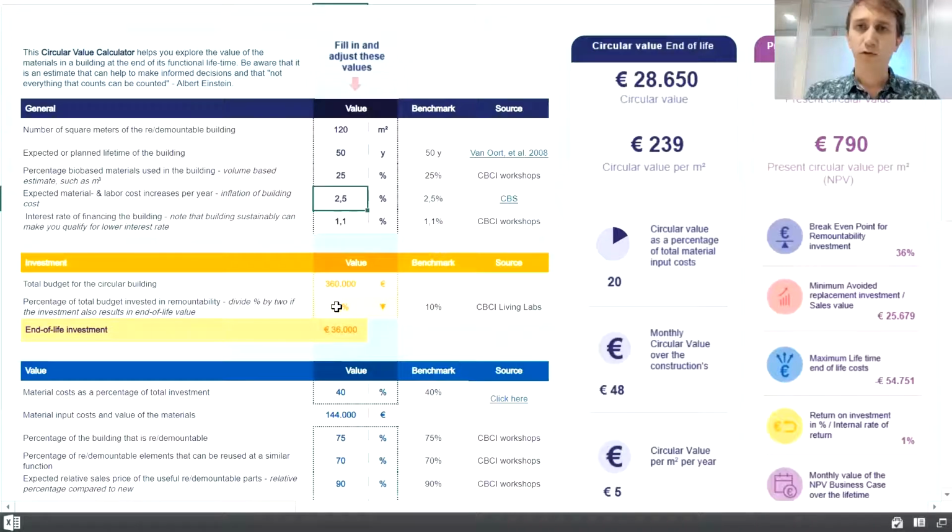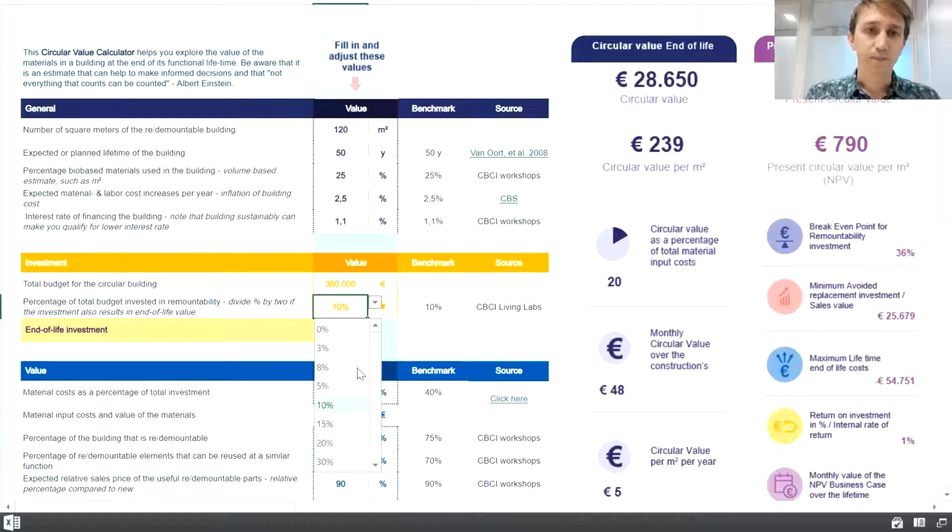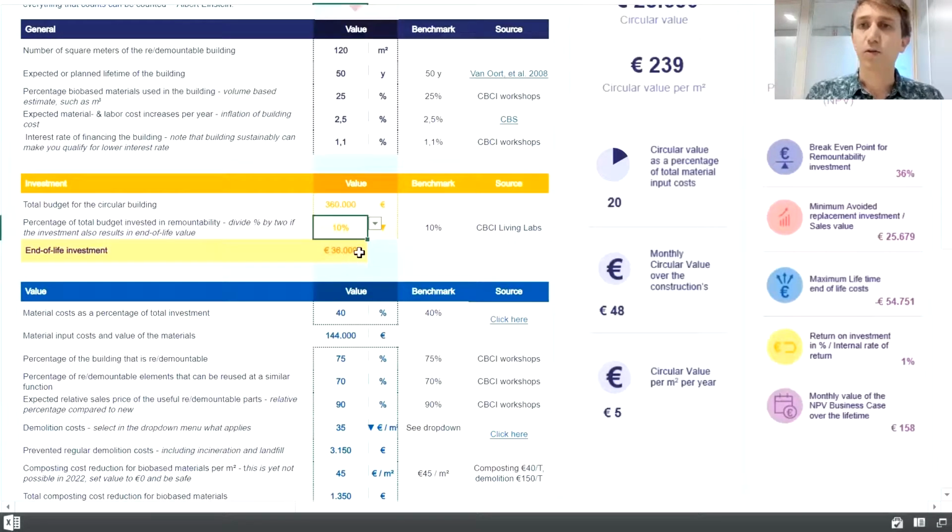In the downloadable version of this calculator, you can actually find the link of these percentages to different building types. So for example, bricks, but also wood, but also concrete and steel. So you see the additional cost of these different building techniques. If you develop this building, this percentage will become more concrete over time, but 10% is a good estimate. So the investment for end of life and remountability will be 36,000